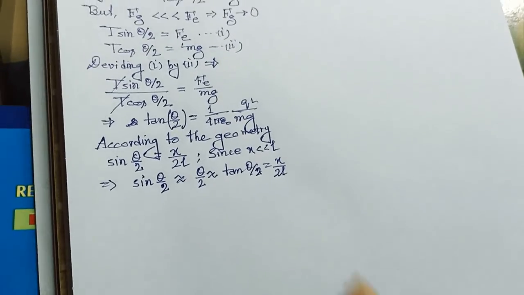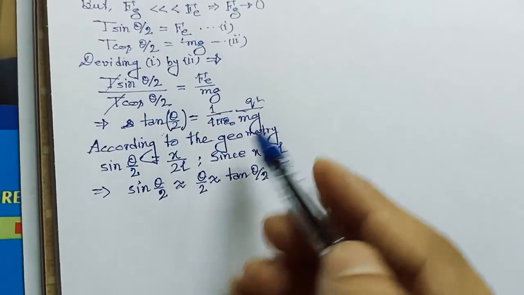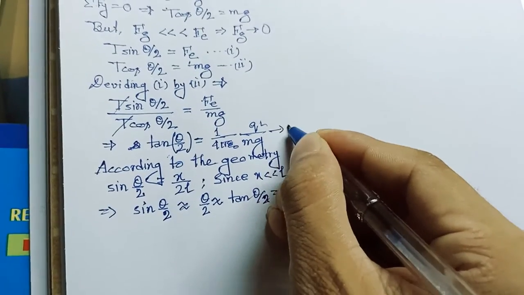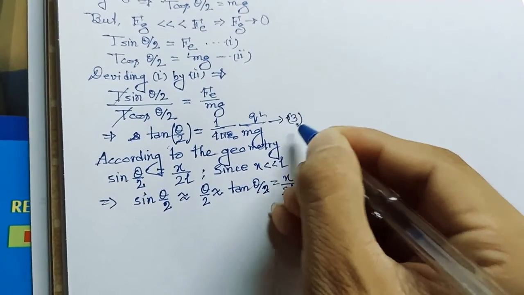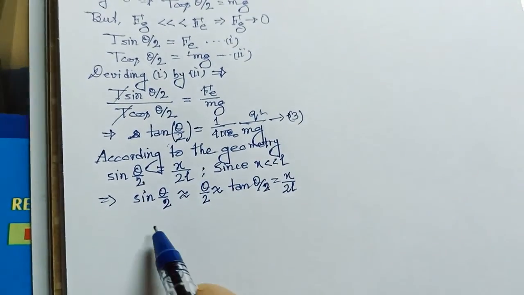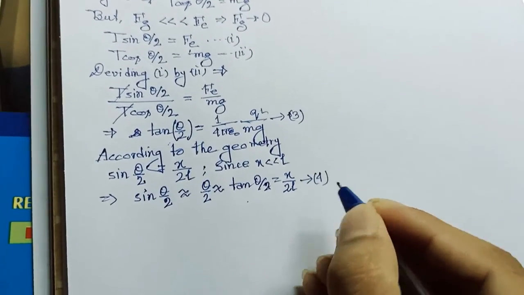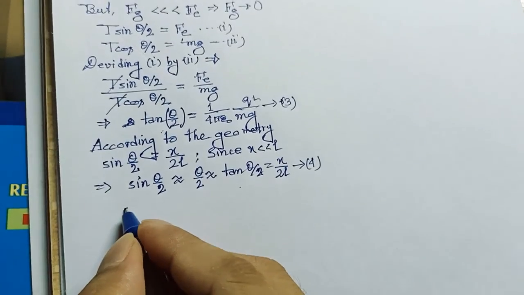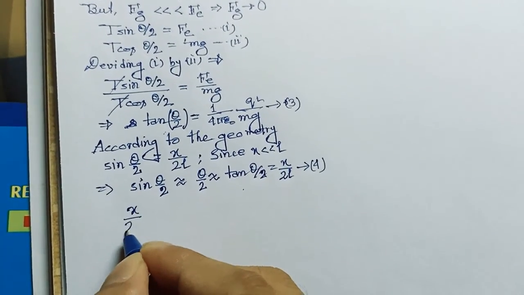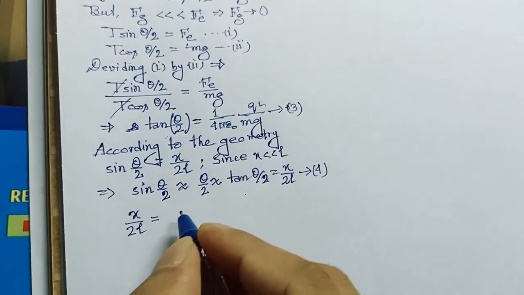Let this be our equation number 3. Now we can replace the value of tan(theta/2) from equation number 4 into equation number 3. So if we replace this value, then we get x divided by 2l will be equal to 1 divided by